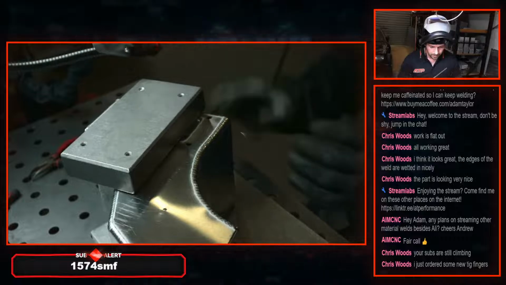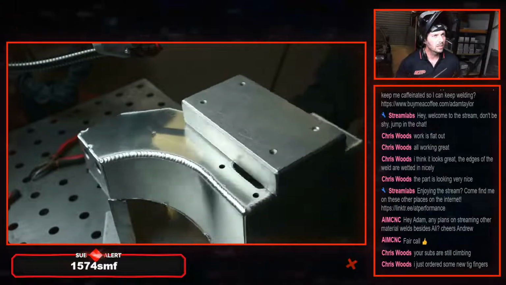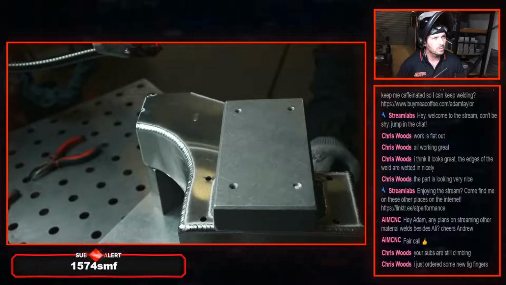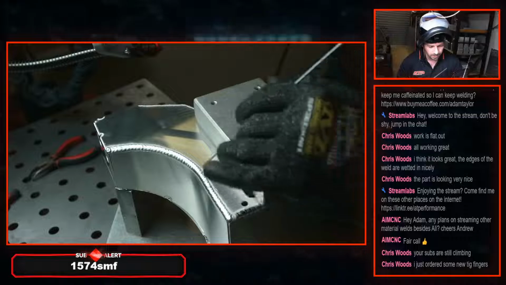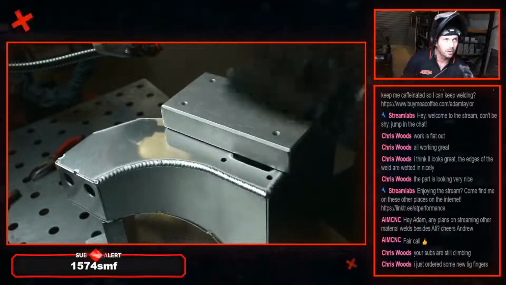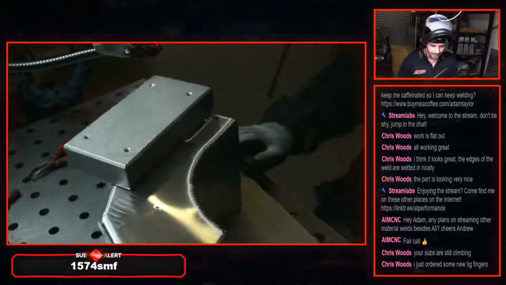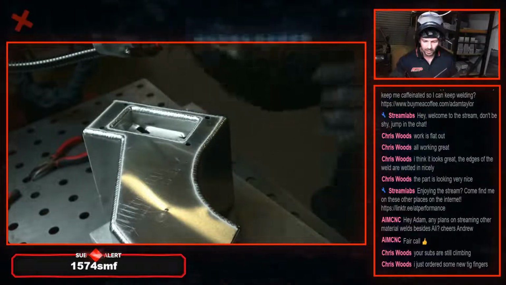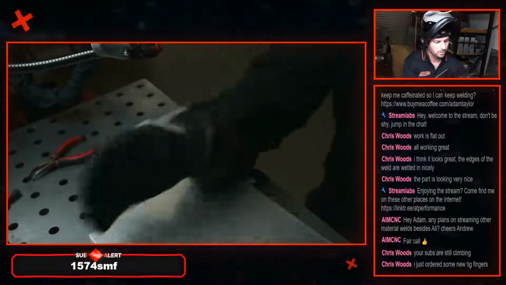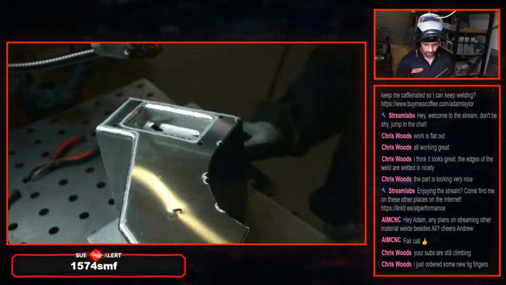Not too bad. I think it was a tack right here, which you can see, but got a pretty nice weld around there. Just a little bit of something going on. I did have my elbow resting on the table, which I really need to get out of the habit of doing as well. Would really like to do better on tank number 2, but as always, not mad about that